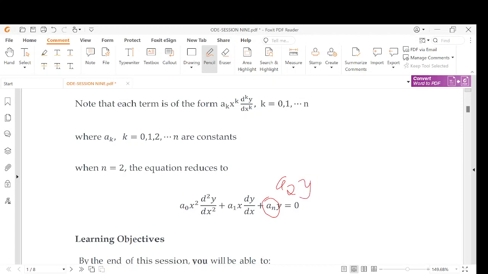So in this case, we shall consider a second order differential equation of this kind, which is an equidimensional